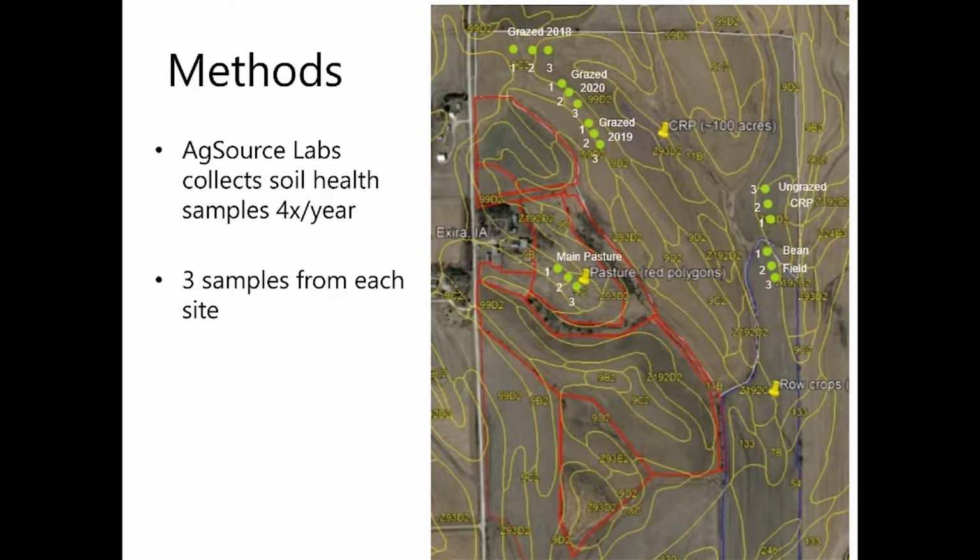So the 4 sites, we call this the main pasture. That's the original cattle grazing area on this farm. It's been perennial pasture for about 12 years. This is what we grazed last year. Each of these is a separate soil sampling point. This is where we grazed this year. This is where we'll graze next year. This we won't graze. And then this is, last year it was beans, this year it's corn. And we'll go back to